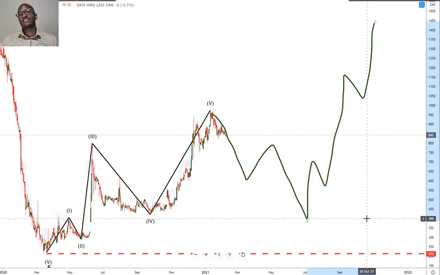So all in all, I believe that EOH has bottomed at 213, and I hope that the new management, well, not so new anymore, continues the good work. And I think here we have really a fallen angel which can regain its glory. And you just need to be brave as an investor. Do your research, do your own analysis, and look at EOH, especially if it pulls back to about 5 Rand, 4 Rand. I think that will be a bargain for those who missed the initial rally.